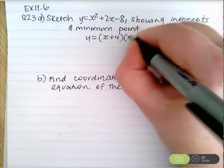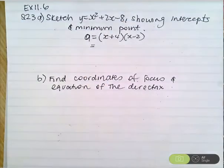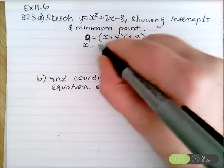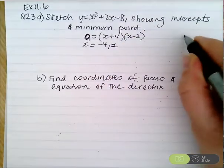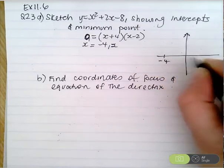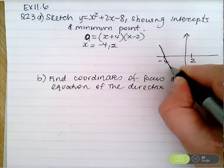Plus 4, minus 2. So I'm putting that equal to 0. I'm just going to put it equal to 0 now. So what do you get? X is? So concave up or down? Negative 4 and 2. Y-intercept? All right. And the axis,